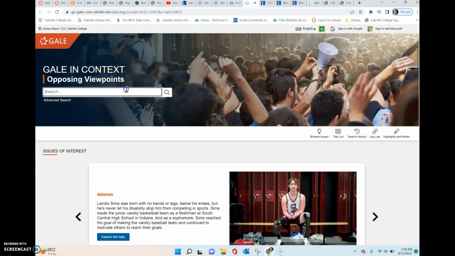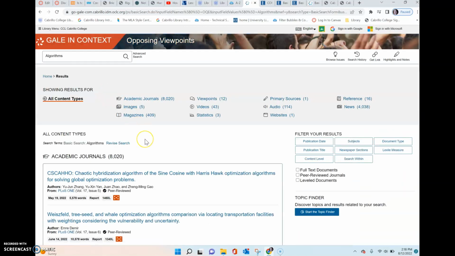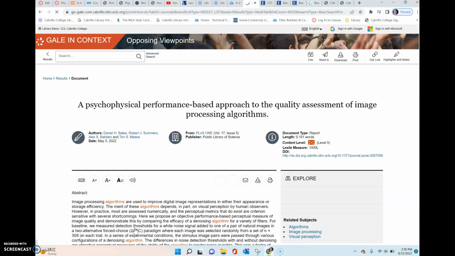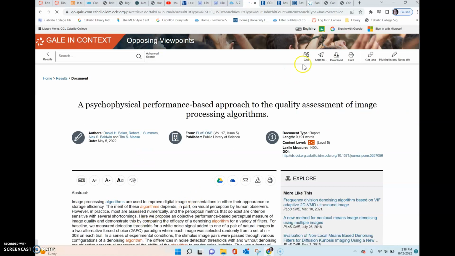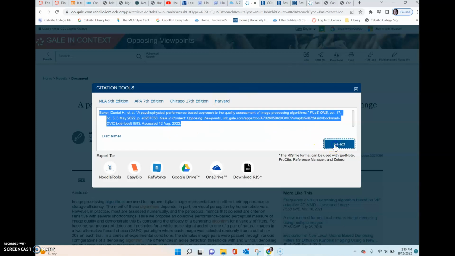And you click on opposing viewpoints and you type in algorithm. And you find an article that you like. Just click on the upper right hand side and you'll find the citation button there. You can click on that and hit the select button. It'll automatically highlight it for you, and then you can just Control-C or right click to copy and then paste that into your